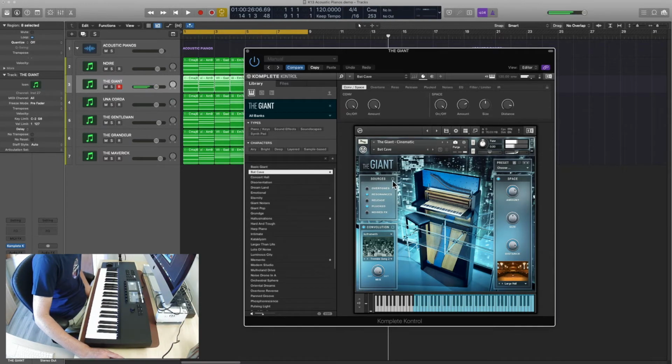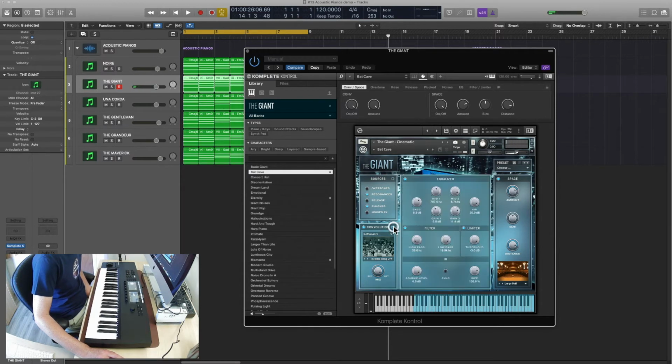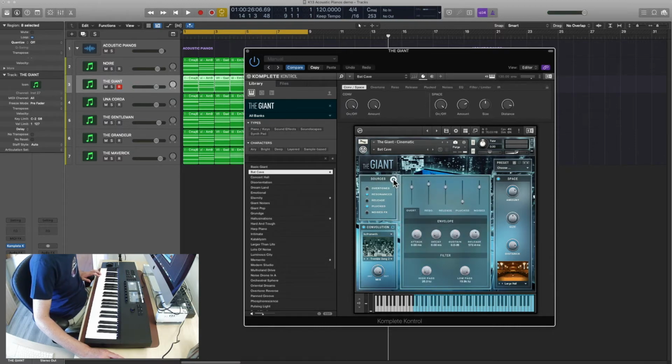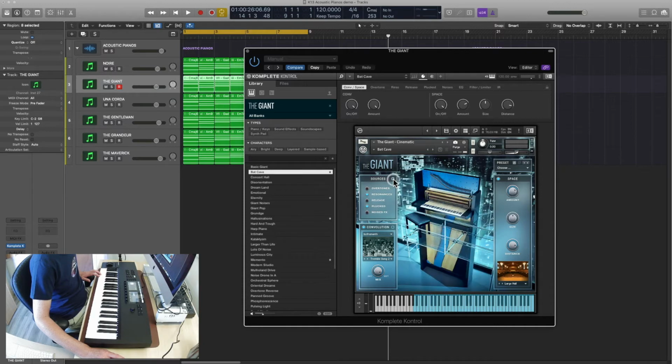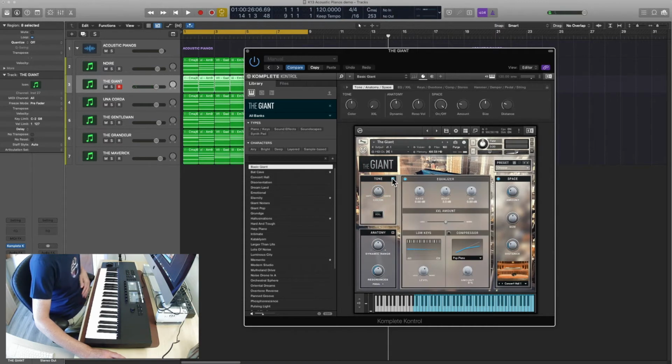Right, let's see what's happening in Bat Cave. So we've got resonances and plucked switched on, and yeah. Let's have a look. See, yeah, that's pretty cool. Spaces switched on, yeah. So you've got these. Let's go back to basic. So like I said, we can change the